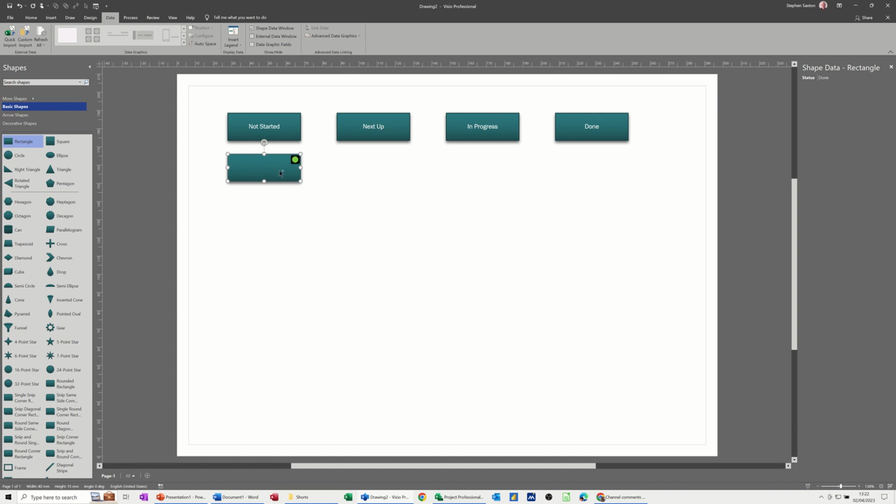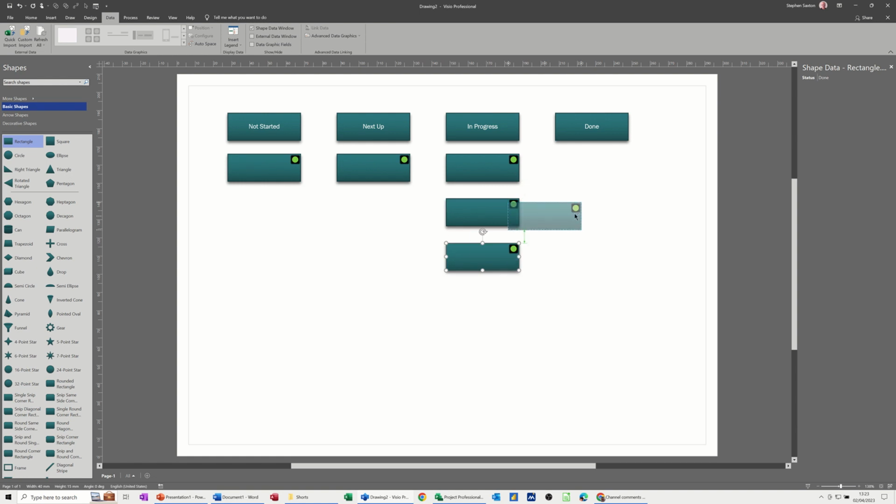So now the tasks I want, so let's just get some tasks here. So just drag a few across. I'm using my control key again. So let's say there's one in there, and in progress I've got a few in progress. So 3 in progress and 1 complete. These are the tasks that are complete. So if I say complete is phase 1, testing is complete. And then phase 1 audit